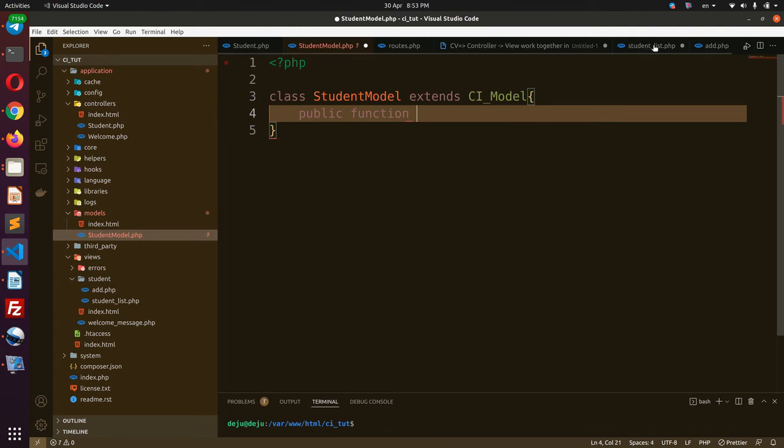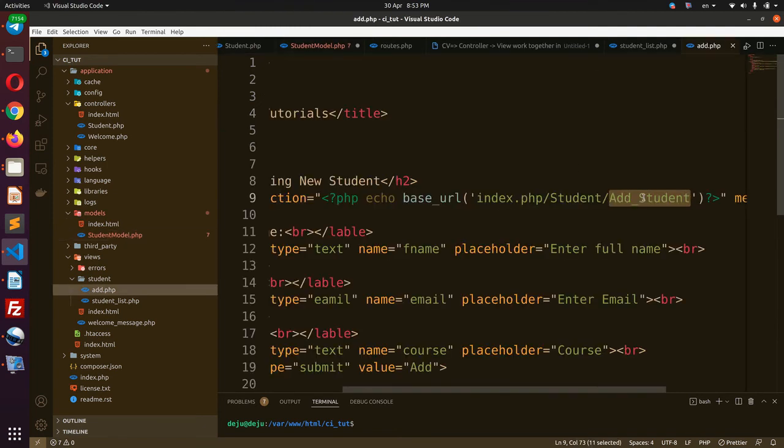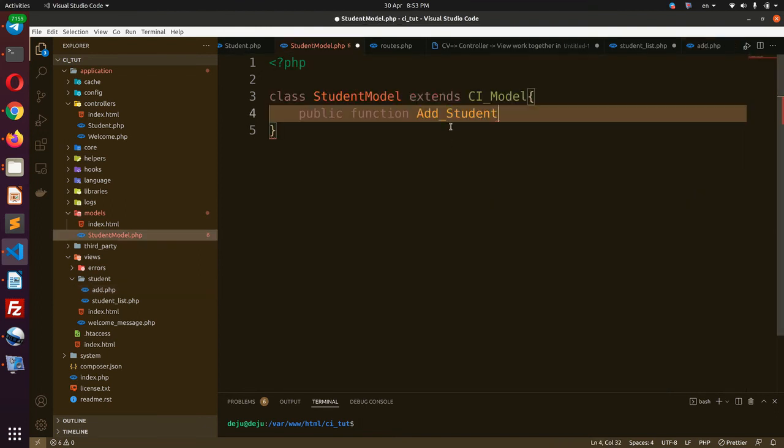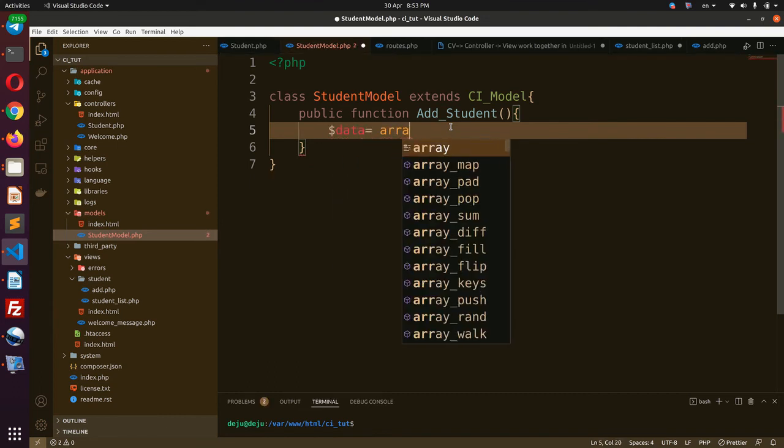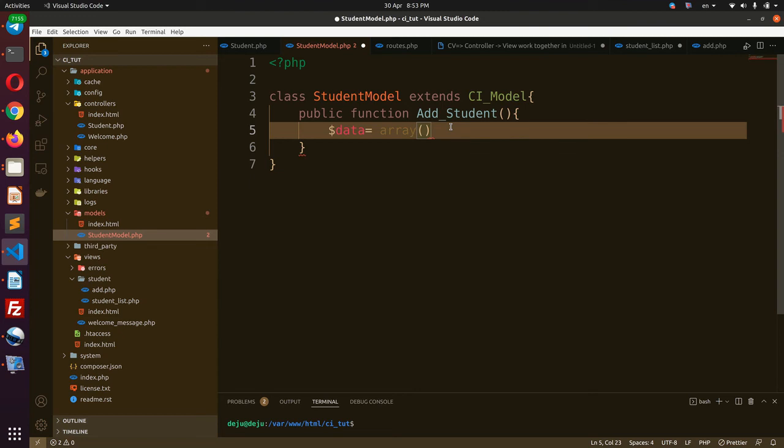Public function student, add student, just copy, data is equal to array;